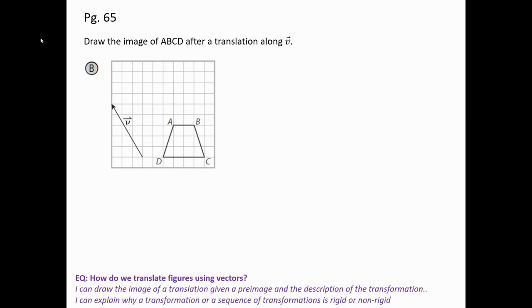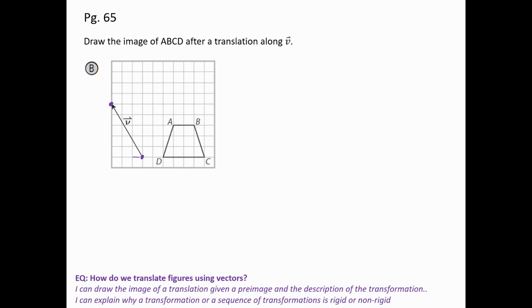All right, so now we're going to look at drawing the image of ABCD after a translation along vector V. And so vector V is over here. Here's my initial and here's my terminal. And so I'm going to follow the directions of V. It looks like I go, to get from the initial to terminal along the arrow,